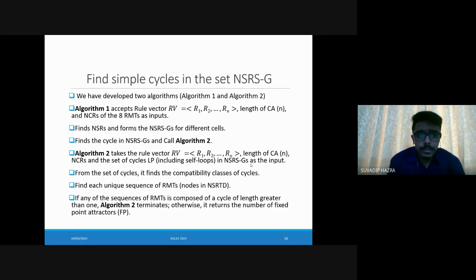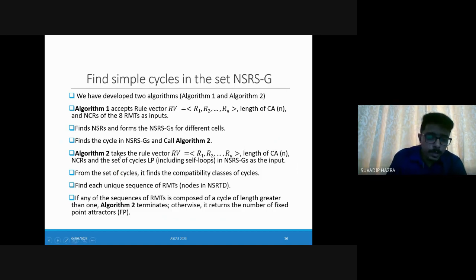To find the simple cycle in NSRSG, we have developed two algorithms here. So algorithm 1 will accept the rule vector, the length of the CA, and the 8 RMTs with the NSR of the 8 RMTs. From this input, it will first compute the NSR as we have discussed previously, and from that it will create the NSRSG for the different cells. And from the NSRSG, it will construct the cycle for each NSRSG. Then it will call